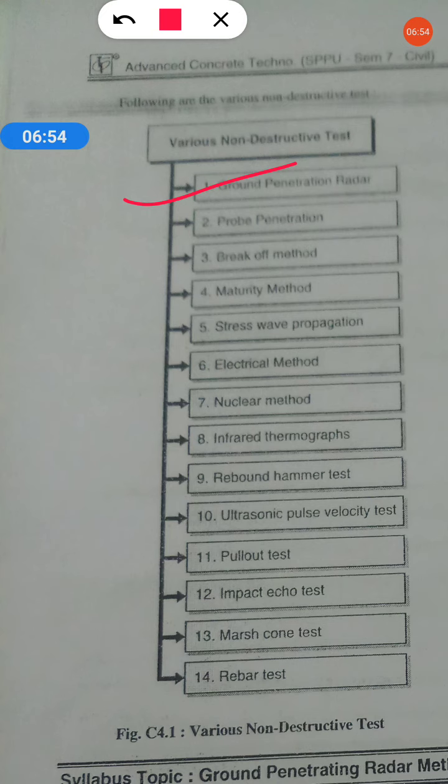It is a geophysical method that uses radar pulses to image the subsurface. It is a non-intrusive method of surveying the subsurface to investigate underground utilities such as concrete, asphalt, metals, pipes, cables, or machinery. Means lots of things you can detect with the help of GPR.